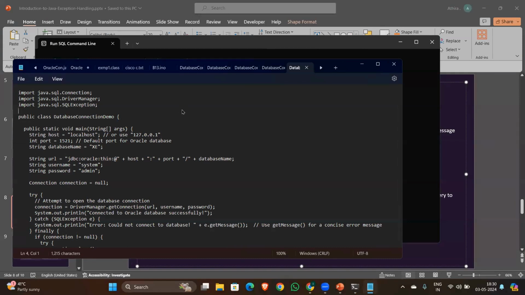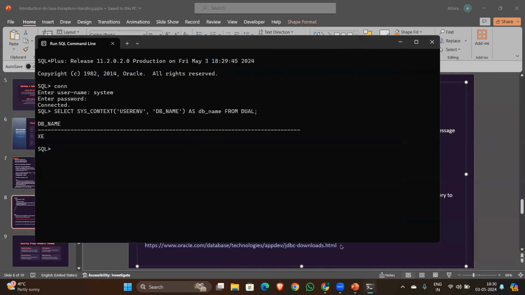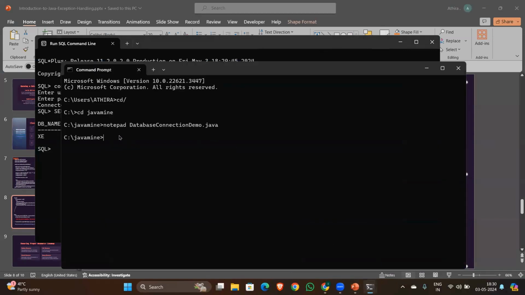You have to save the file, Control plus S, close the notepad, and open your command prompt. Now compile the file, javac, your file name, database connection demo dot java. Enter. So it's compiled. Now you have to set the class path. Set classpath equals to